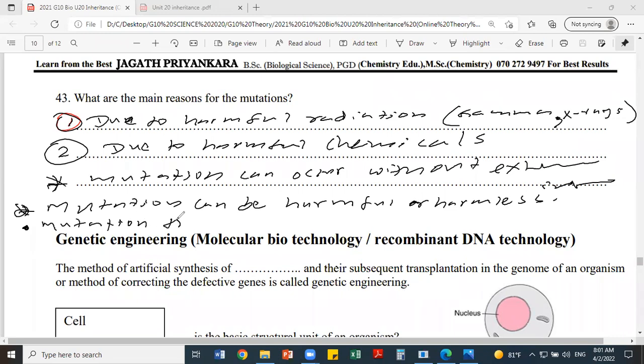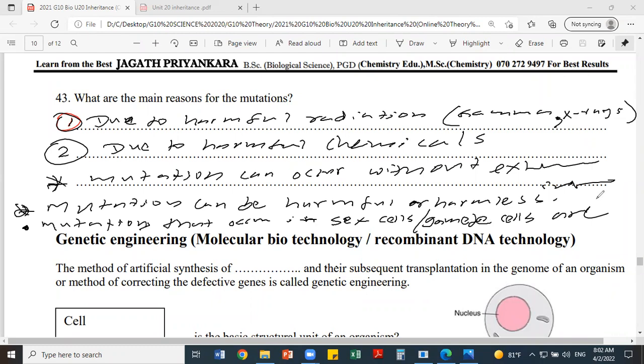Mutations that occur in gamete cells, the sex cells, are always transmitted to the next generation. If there's a mutation in the sex cell, the sperm or egg, definitely it will be transferred to the next